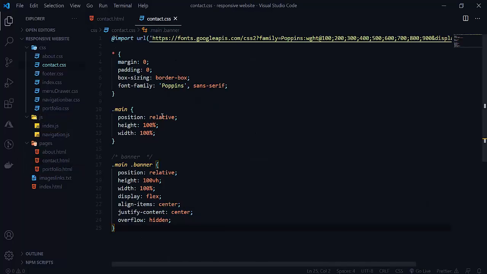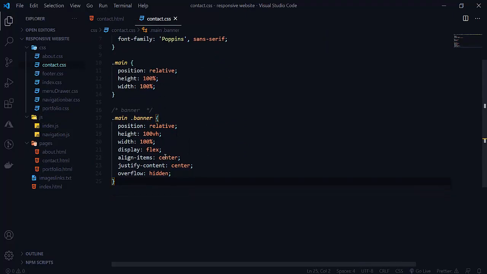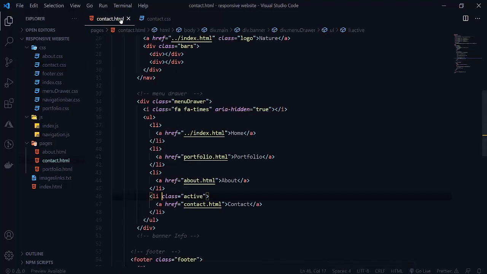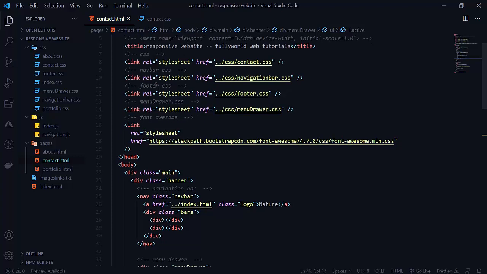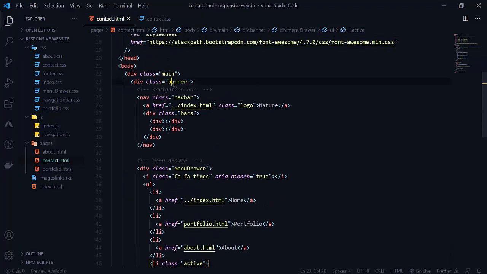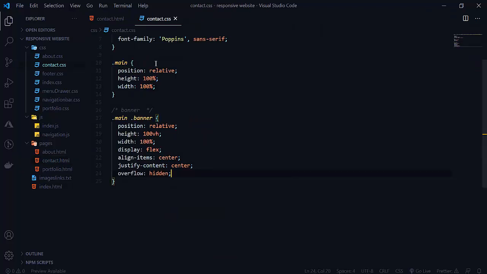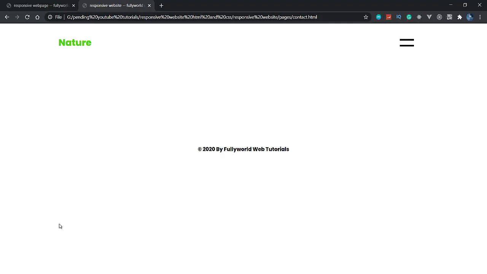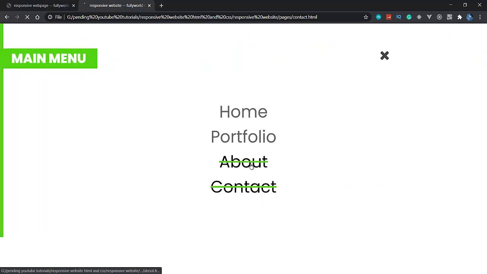So let's go to our contact.css, and here we want this .main .banner with height equal to 100vh. Why is it not applied here? We will see why it is not applying. As we are in contact.html, see that it also has the class active here.